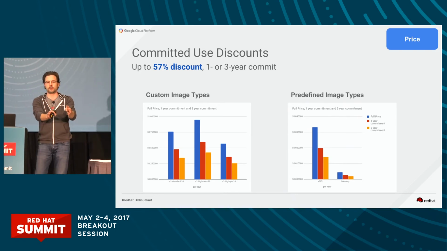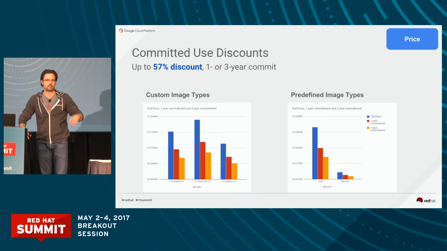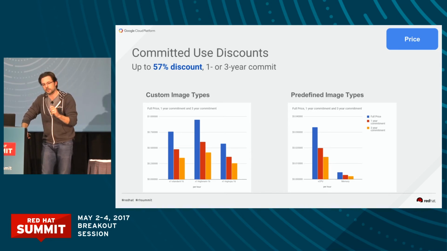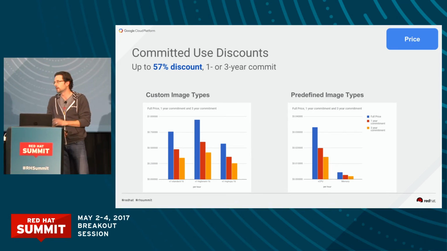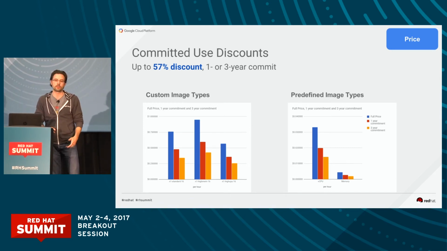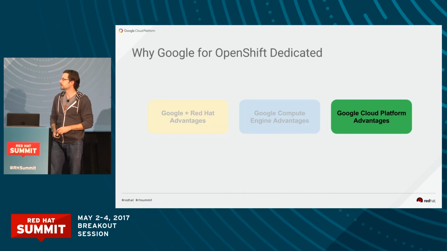What you really want is to make a commitment, but be able to move those CPUs anywhere I want. I might need to run them over in Europe, or in a different zone, or I might need to go from a 4-way to a 32-way machine. Excellent. We'll give you a discount if you just want to commit to the long term, but you can run it any shape, any way you want.